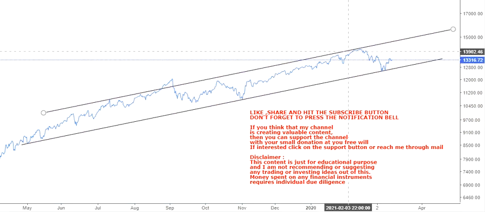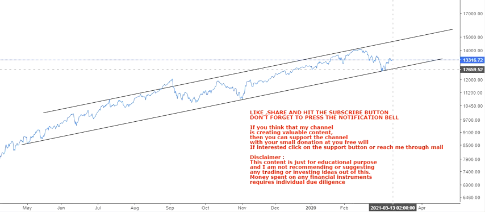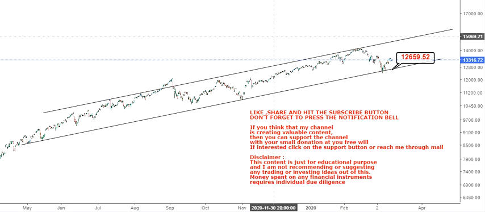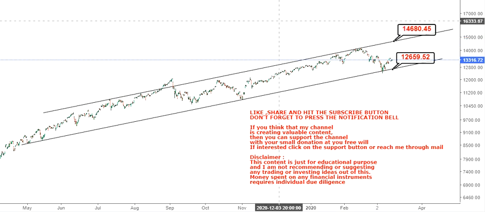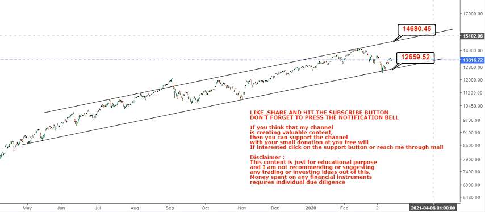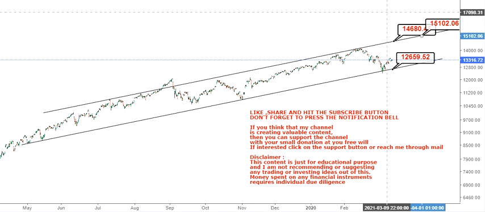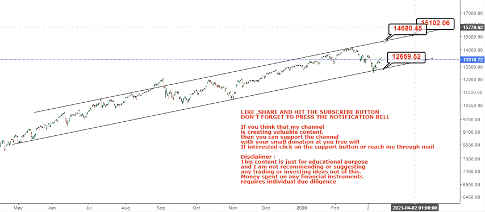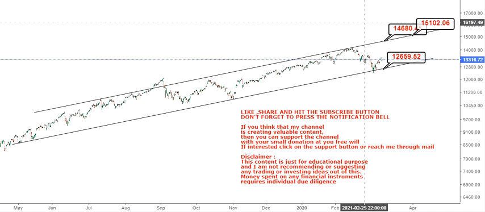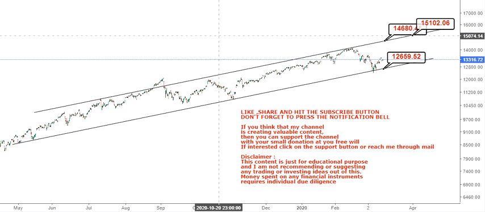And as you can see, after a big correction from 14,000 to 12,500, it started moving up again, and in that case we will definitely look at a support of 12,650 on the downside, and on the upside you will have your target range of about 14,680 to 15,100. So this is the range which we are looking at on the upside for Nasdaq,